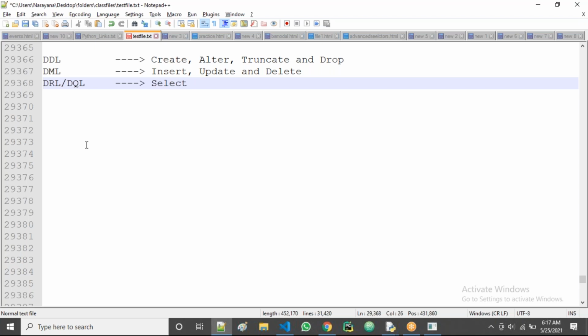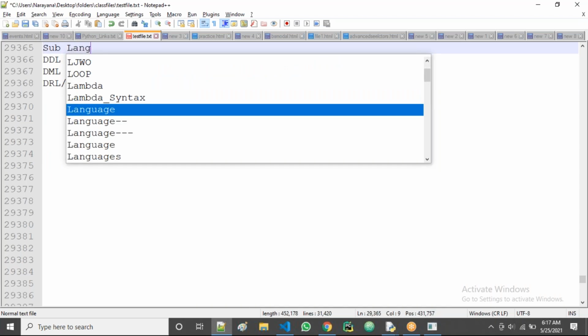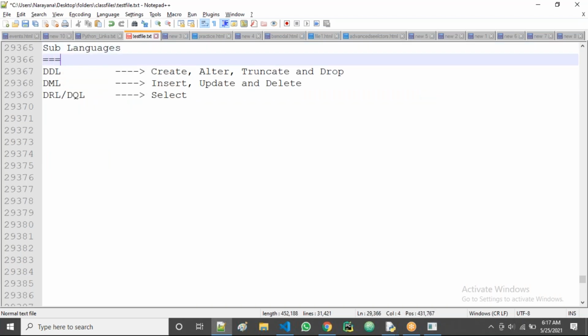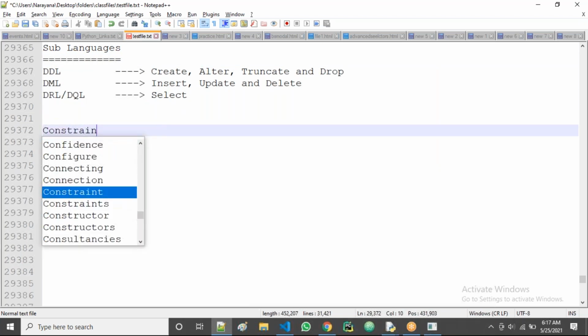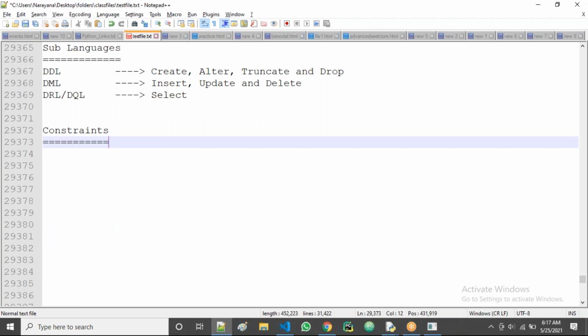So next, what do we do? We'll go for the next concept called constraints, guys. These were the sub languages; next we go for constraints. Sir, what is a constraint, and what are the different types of constraints?